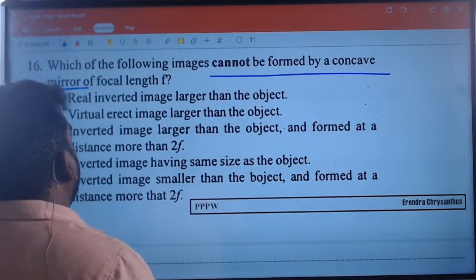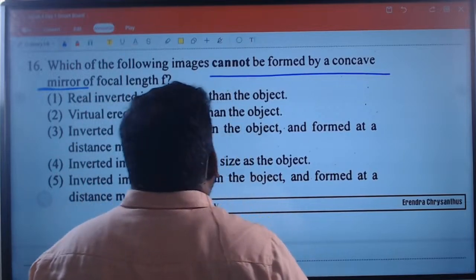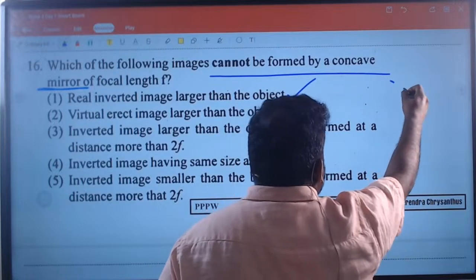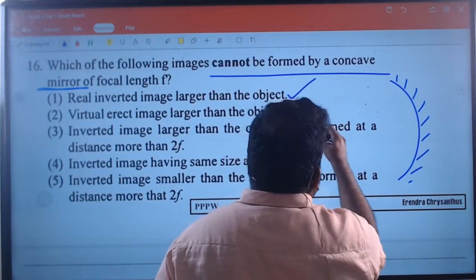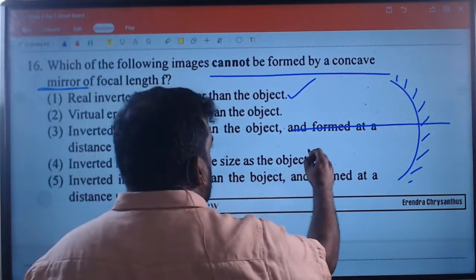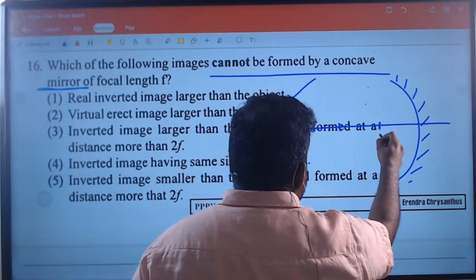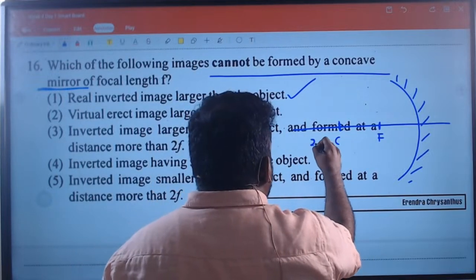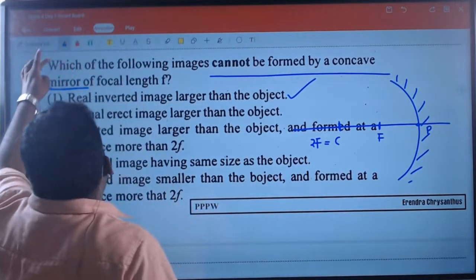A real inverted image larger than the object. Can form. Focal is here, center is here. Center is technically 2F. Here optical center is there. So if I draw the rays,